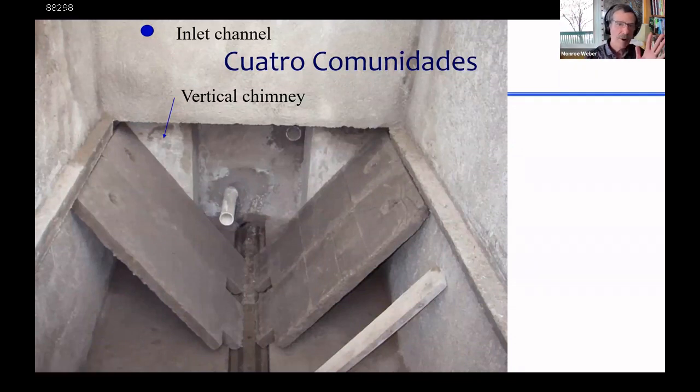And so our water particle is in that inlet channel, and it's going to drop straight down from that channel through what's like a vertical chimney. It's a rectangular opening that the water can flow down through,